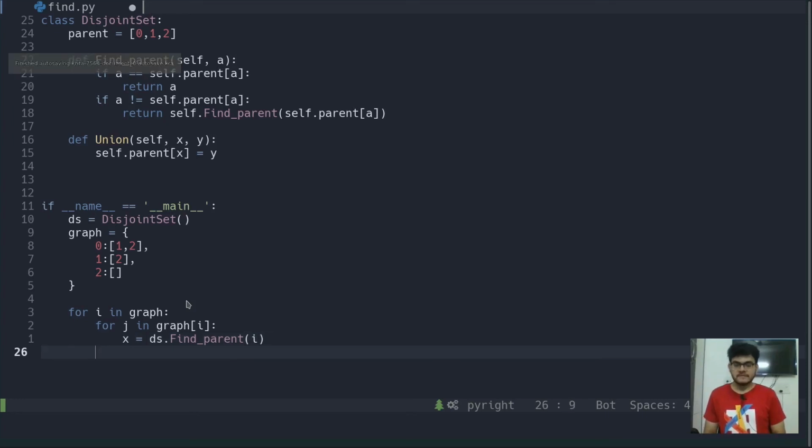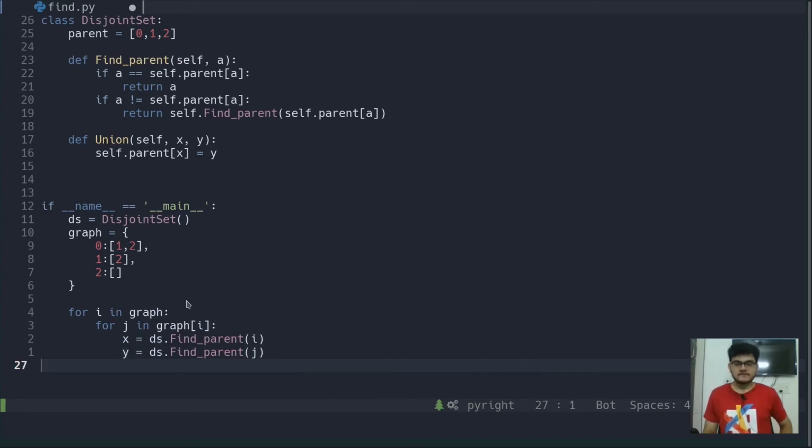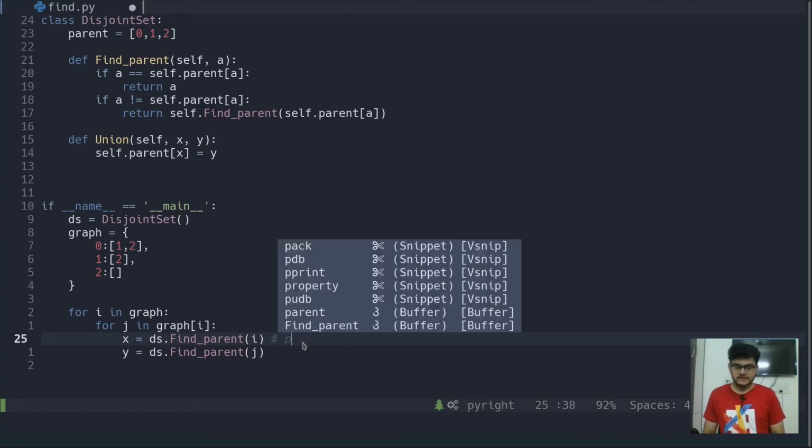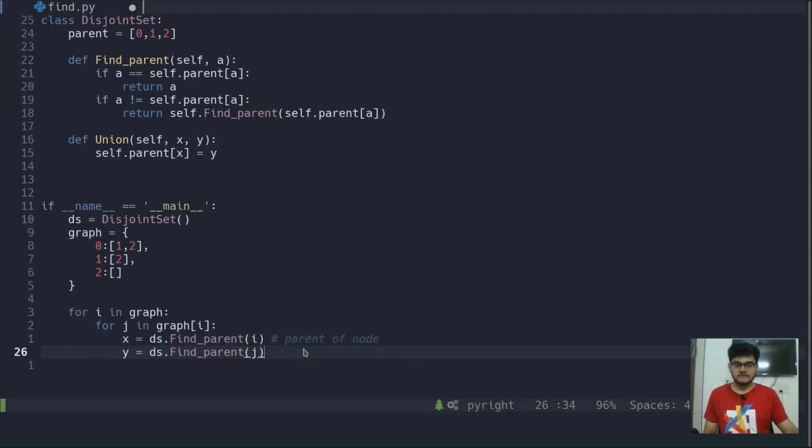So we will find the parent of the node that we have picked and the parent of the neighbor also, right? So here I am going to write a comment that we are calculating the parent of node, and here we are trying to find the parent of neighboring node, or just parent of neighbor.